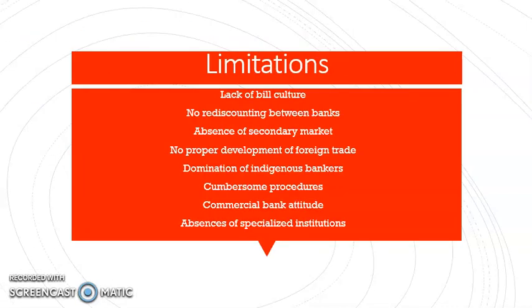Absence of secondary market. There is no active secondary market for bills rediscounting facilities. You can see for all the other types of instruments, you have a proper secondary market. You learned in the earlier chapter about primary market and secondary markets, right? So here we do not have an active secondary market, and these are limited to certain centers, or restricted to apex financial institutions, like LIC, GIC, RBI.